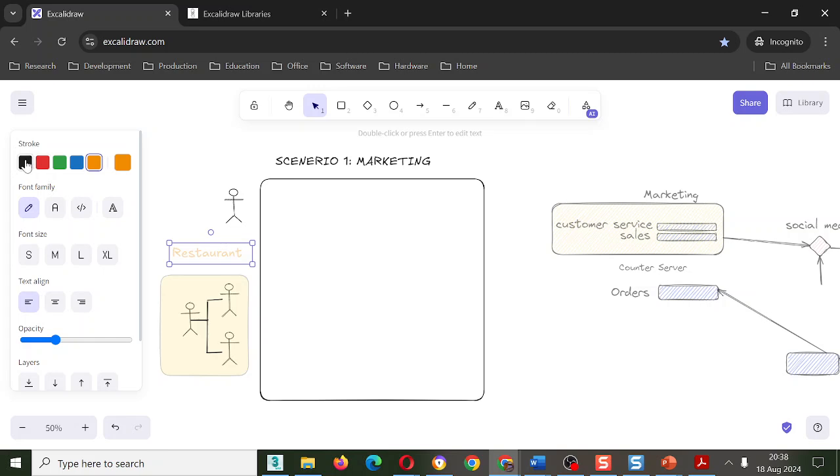But this is now what we're referring to as this one. I make it small. Medium. Okay. Medium. So this is the restaurant.